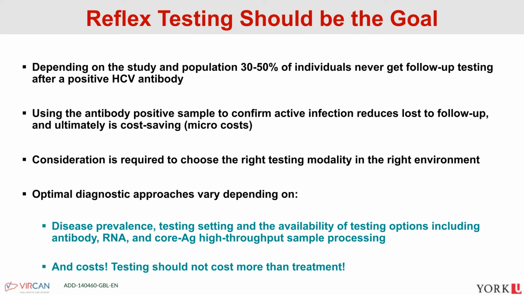nucleic acid based testing, and core antigen testing to really maximize that testing algorithm, and then looking at costs. And what I want to say here is, in the context of nucleic acid based testing, in certain parts of the world, the cost of the test can actually be more than the cost of the treatment. And so you can imagine that in some regions of the world, it's even more cost effective to treat just based on a positive antibody alone without even knowing if an individual is actively infected. But using core antigen can actually give us that information around active infection as well as decrease the cost.